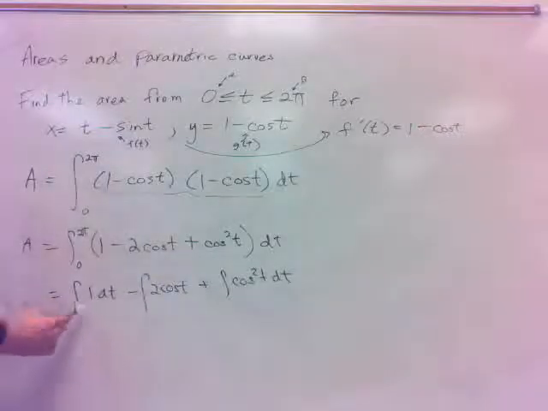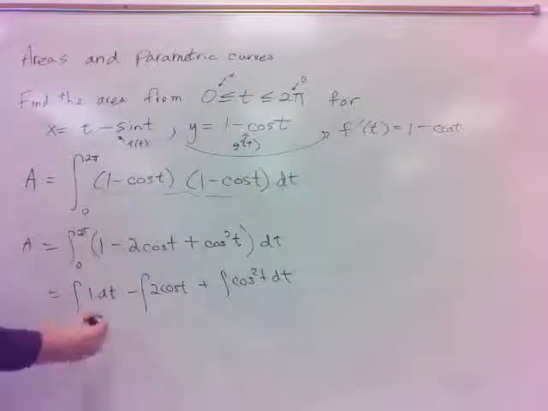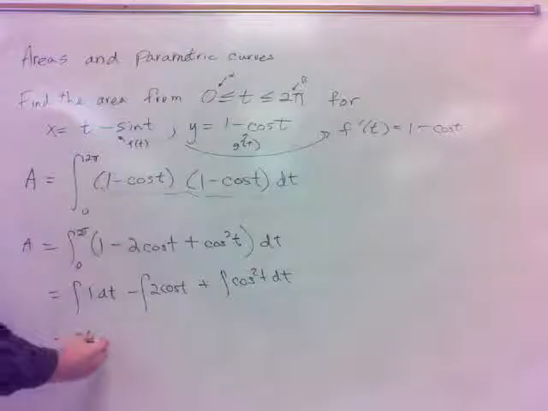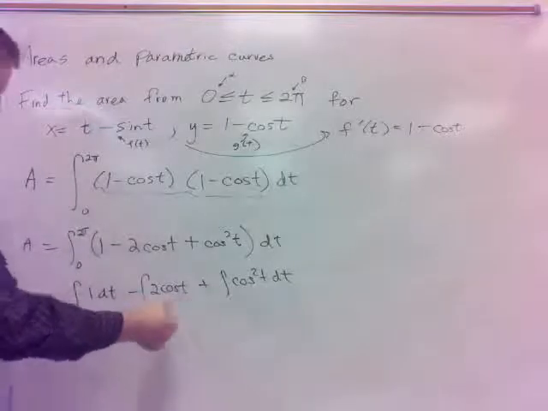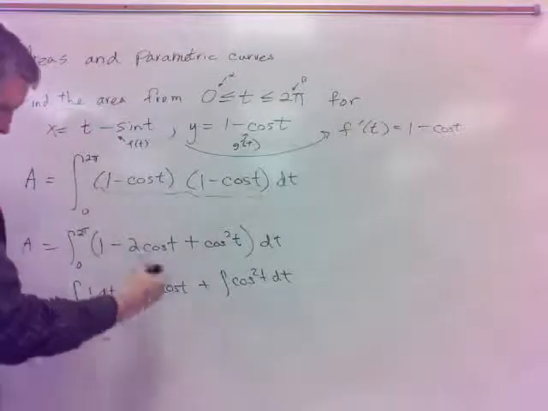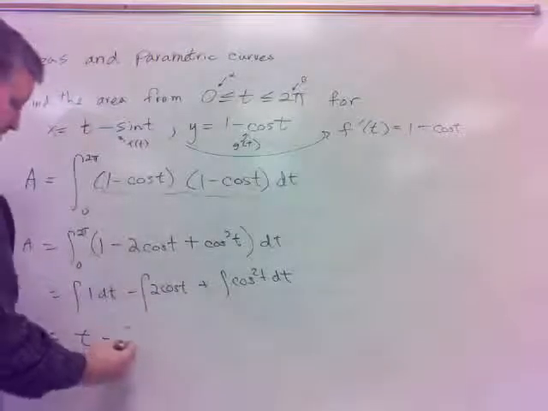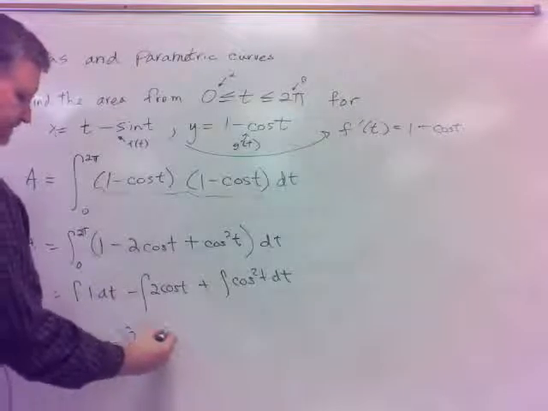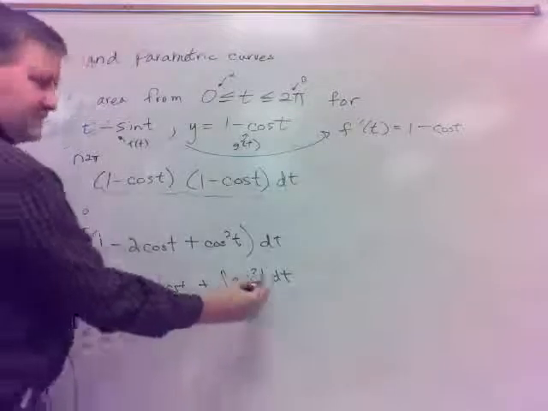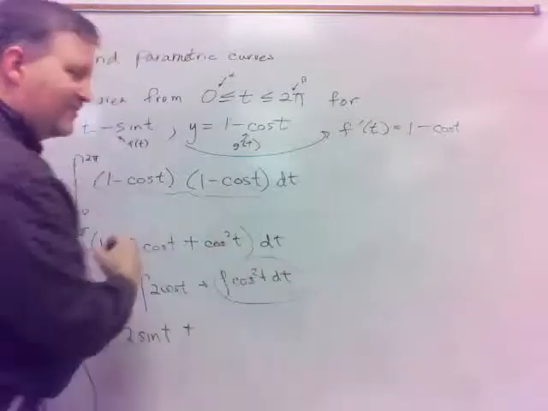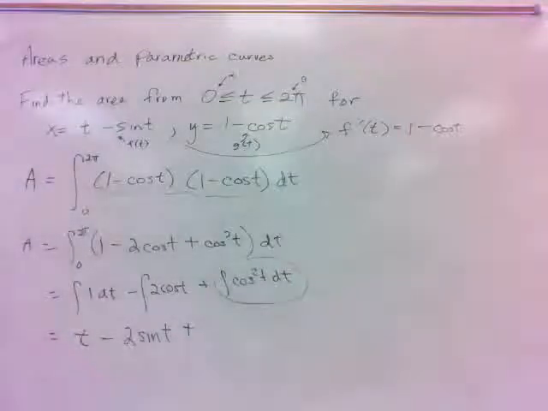All right, so what about this integral? This would be the integral of 1, that'd just be t, with respect to t. The integral of 2 cosine t, well, that's just a straight antiderivative of cosine, antiderivative of cosine is sine, so it'd be minus 2 sine t. But that leaves us this one. Remember what we do there? Cosine squared integral? Well, we have to use our old friend, the double angle